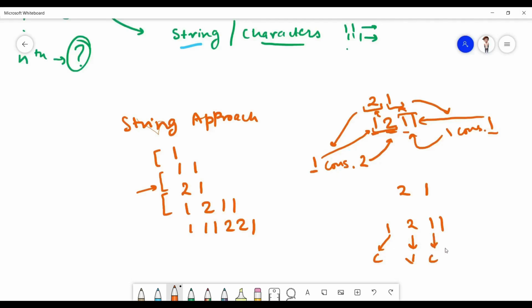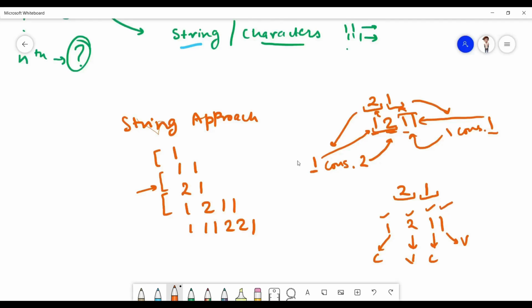Similarly, it is the count value, it is the main value. For every two, we get a count value and a main value, alternating. So this is one consecutive 2: the count of consecutivity is 1 and the value is 2. Oh, the value is 1 also here. I think it is getting clear.